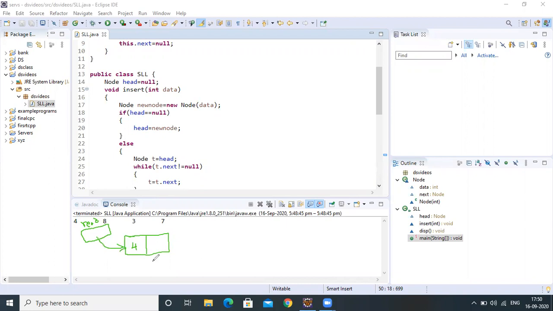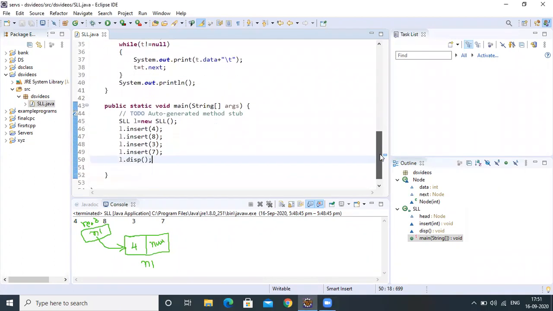Okay, for our understanding purpose, assume the name of this node is N1. Here every node we are creating with the name new node only, so for our understanding purpose, I am saying N1. Okay, so this one is completed. Next reference is null. This is the current status of the linked list.